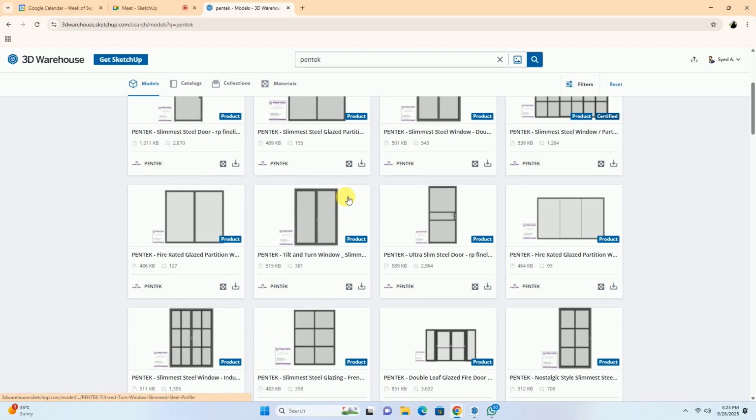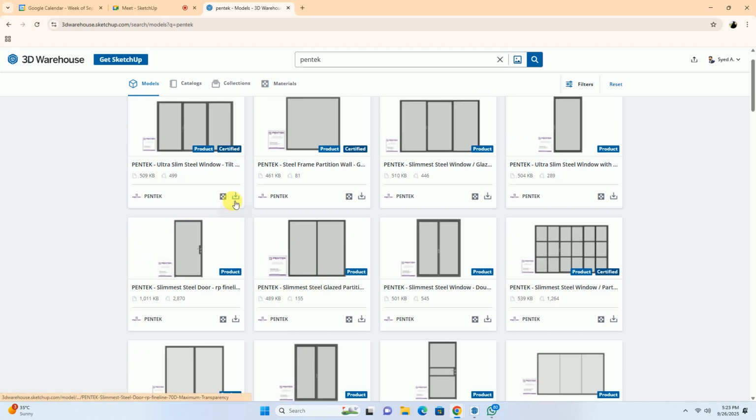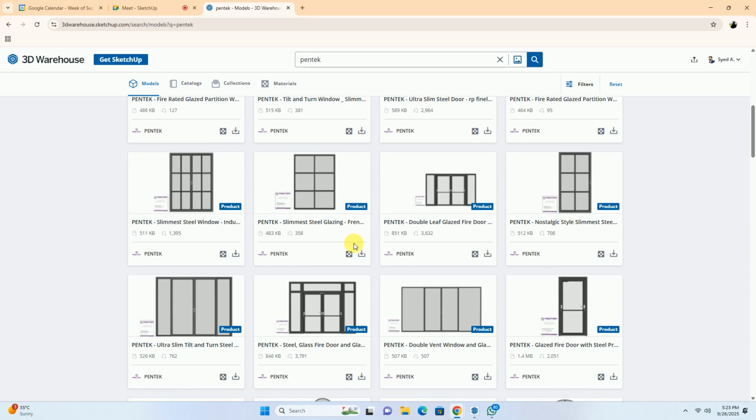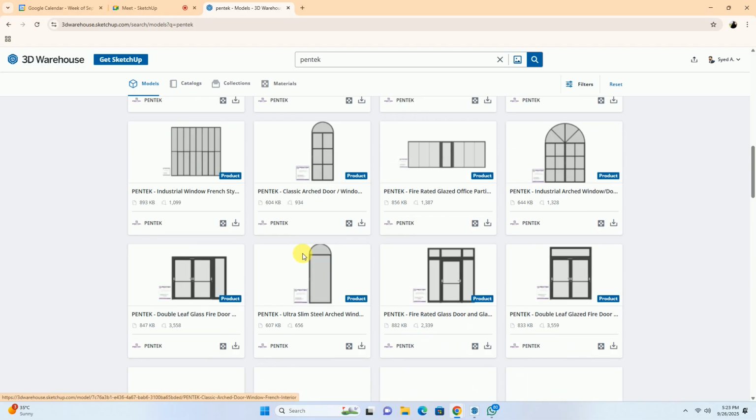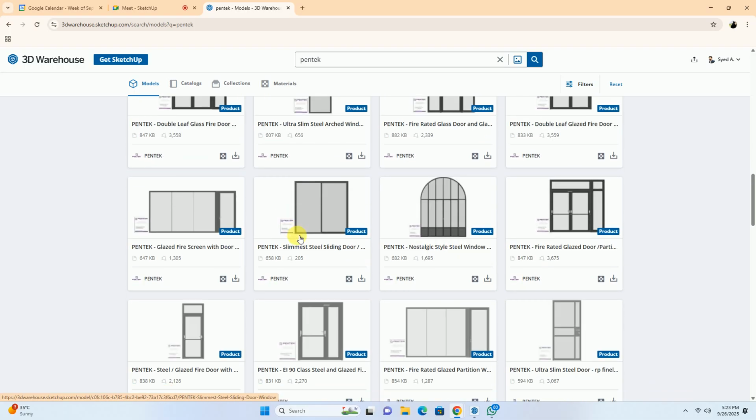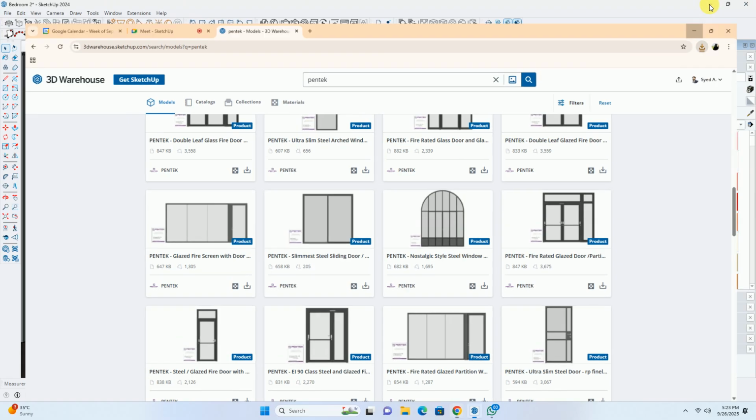Okay, there are multiple options of sliding doors given to us. From here, you can select your own sliding door, whichever you feel like, triple partition or four partition kind of sliding door. Or what I'm doing is I'm using the double sliding door element. So I'll click over here and click on download SketchUp file. Okay, now it's been downloaded.